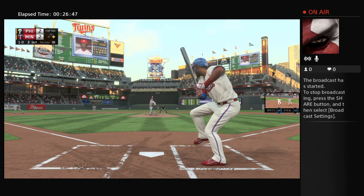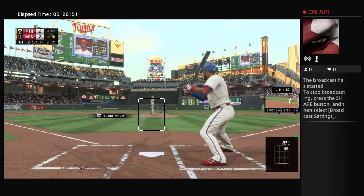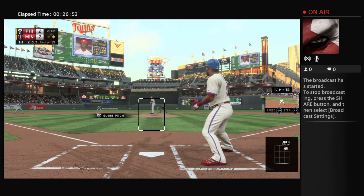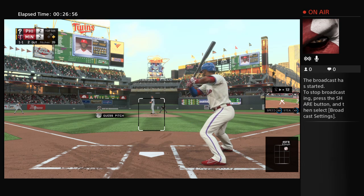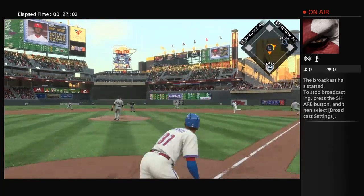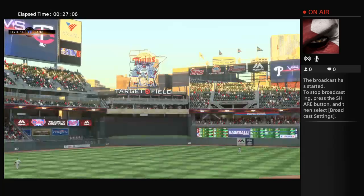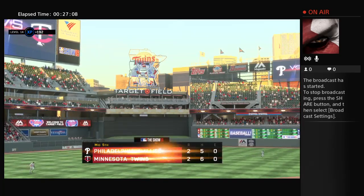The 1-0 delivery. A high strike there, and it's 1-1. Man at first with 2 out in a 2-2 ball game. Hard hit ball to second. Played on the backhand. Throw on to Mauer will be in time, and that retires the side. So it's